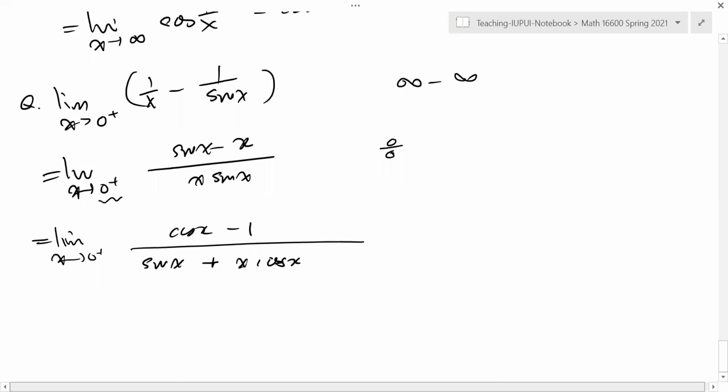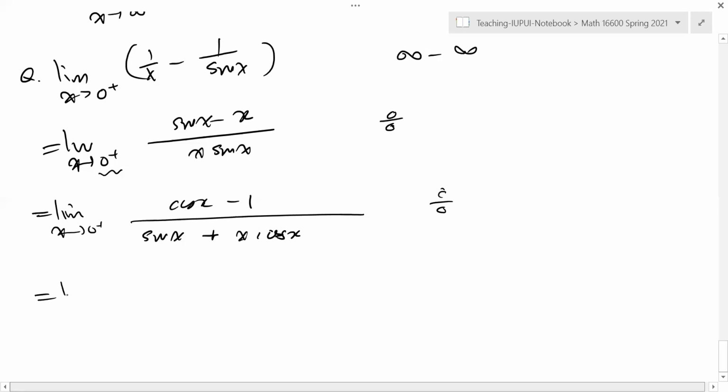Then double check: is it going to be 0 over 0 type? Yes, because cosine 0 minus 1 is zero. And when you plug 0 in for x, every term is 0, so it's 0 over 0 type. I can continue